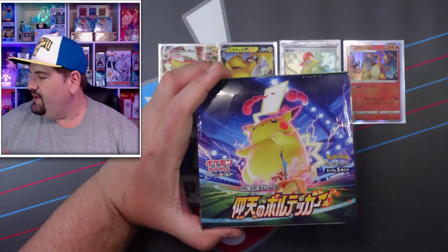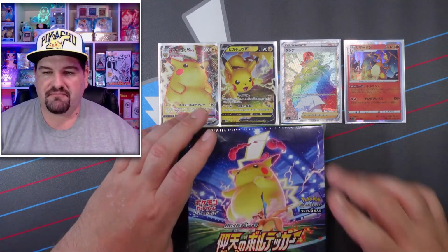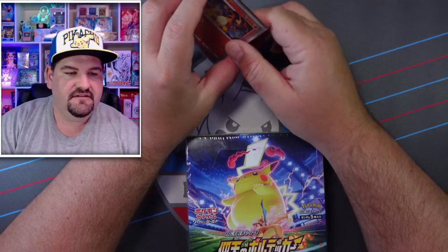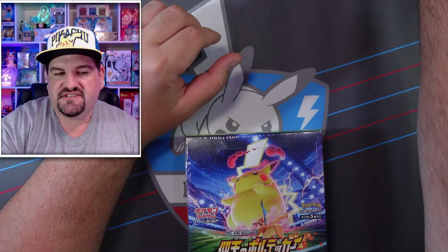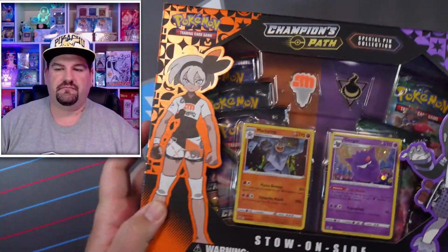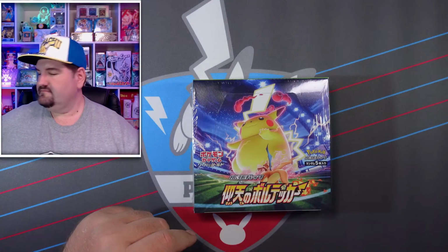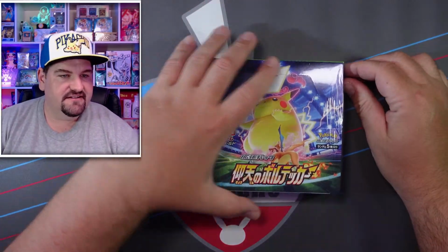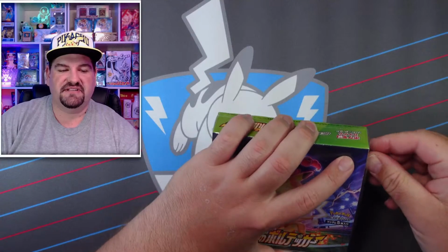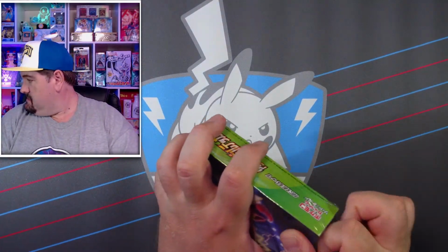Yeah, so we got another one of these. We're also going to get into the Stow on Side box here. Like I said, I am tired of Champion's Path, but I do want to complete the set. So I guess we'll move these out of the way since we're going to be opening another box. What is the newest set? Well, the newest set that's coming out now is Vivid Voltage, and the set that is currently out right now is Champion's Path. This is Champion's Path right here. This is the newest set that's currently out. Many are done, yeah. Yeah, I think so. My wallet couldn't afford much more. Yeah. I'm telling you, it's getting crazy expensive. That's a clean box. I wish I would have my scissors with me, but